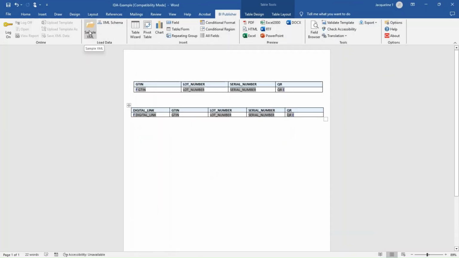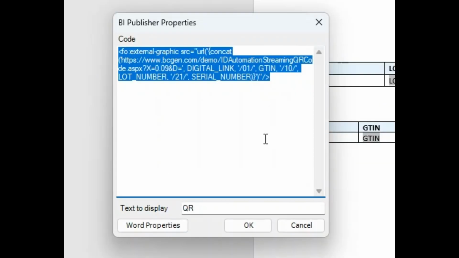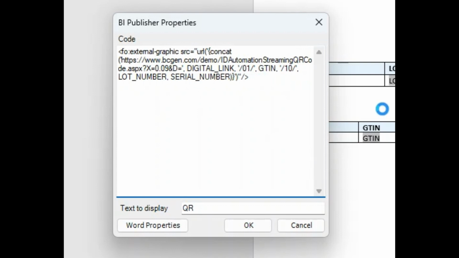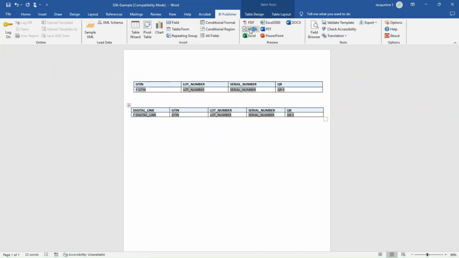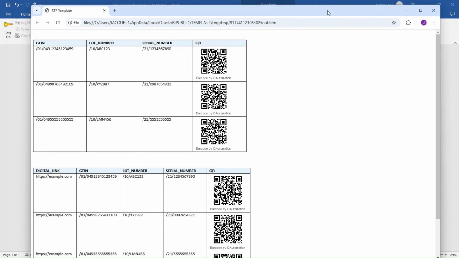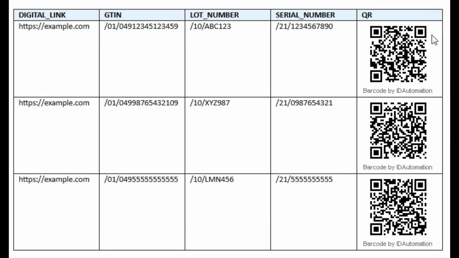A final reload of our data, and we're ready to remove the AIs we had included in our earlier URL. Removing all of the /number/ additions, we end with a very simple and sleek block of text. One more preview of our table, and as you can scan, we've created some excellent and efficient digital link QR